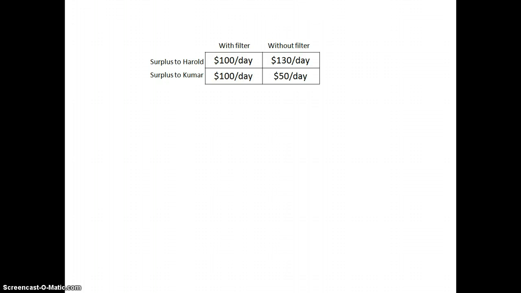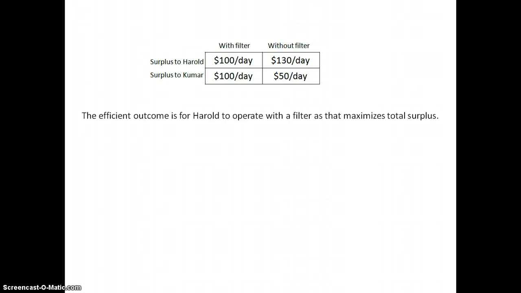So using a filter maximizes total surplus and is therefore the efficient outcome. Total surplus is $200 a day with the filter and $180 a day without the filter. The Coase Theorem says that if Harold and Kumar can costlessly come together and negotiate the use of a filter, they will be able to negotiate an outcome where Harold uses a filter regardless of who has the property right